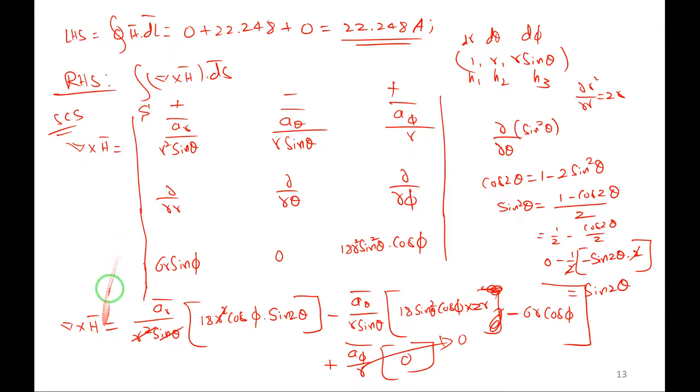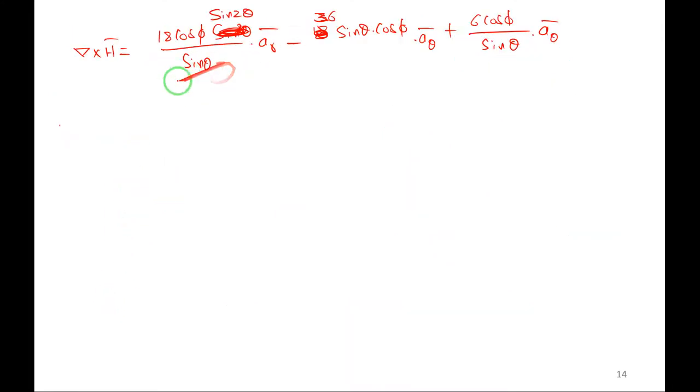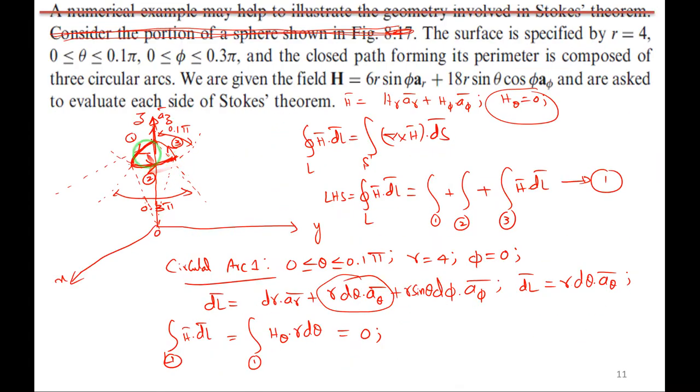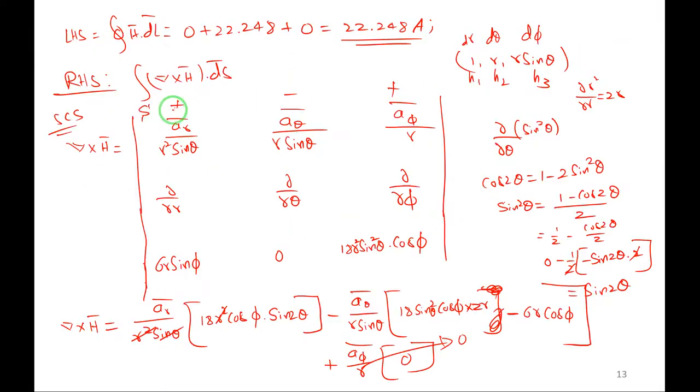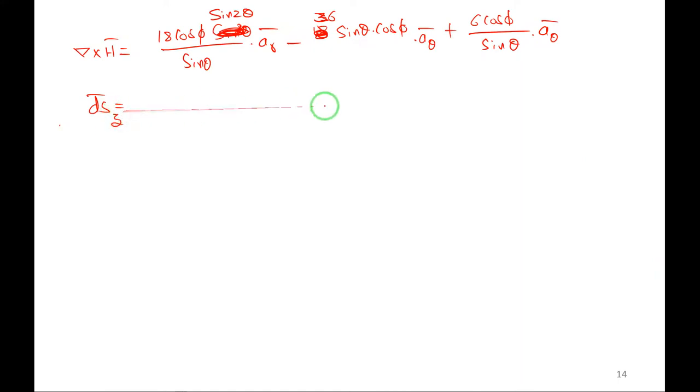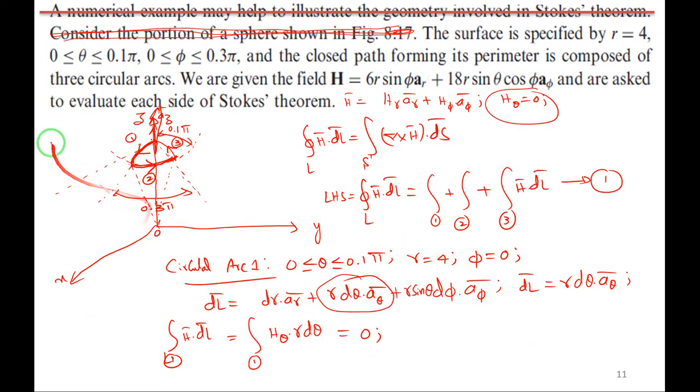So in RHS you can observe del cross H we have found out. What about DS? So observe here DS. This is the surface and I am taking normal, means it is going in the Z direction. So differential surface area along Z direction I have to take. How to find out? We know the scale factors 1, r, r sin theta in spherical coordinate system. And here the differential elements are dr, d theta, d phi. But I want differential surface, not Z direction. It is in which direction? Because spherical coordinate system means it is in radial direction. It is not along theta or phi, it is along radial direction.